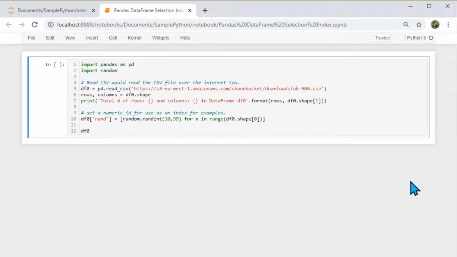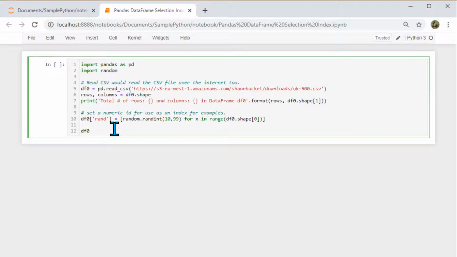Today I'm looking forward to discussing how we can read a CSV file using Python pandas and store that information into a data frame. Then we are going to access the data frame to retrieve various rows and columns based on our business need. And I am going to use a Jupyter notebook as my IDE, and feel free to use any IDE of your choice.